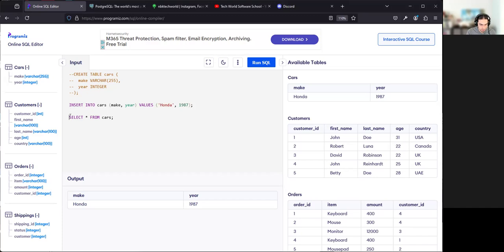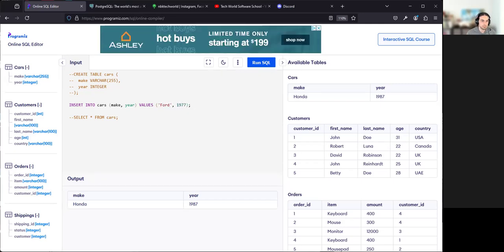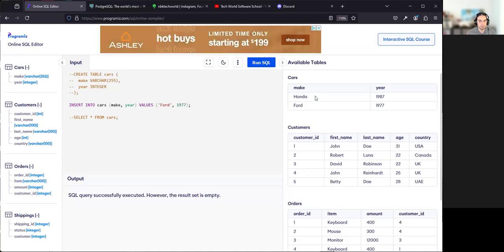You can add more. Let me do dash dash so it doesn't run that. I don't know, 477. And you got another row. Okay, so that's how you do it. Now, how about if we add another column? How can we do that? Easy. Okay, so you alter table,